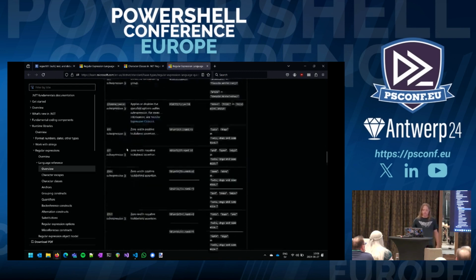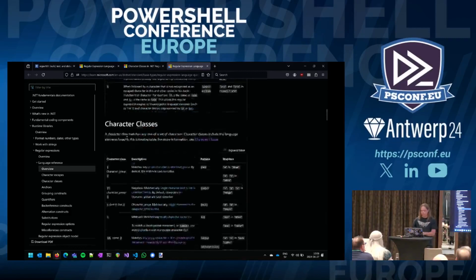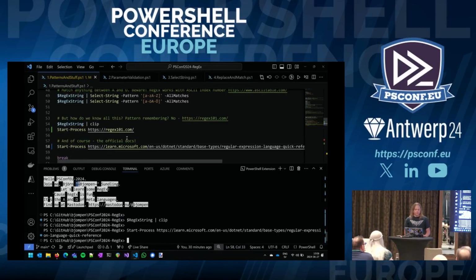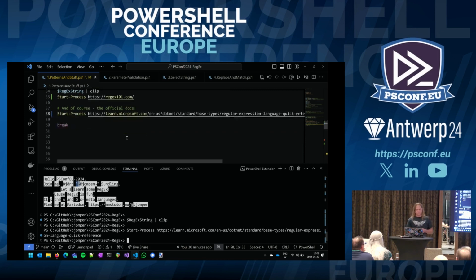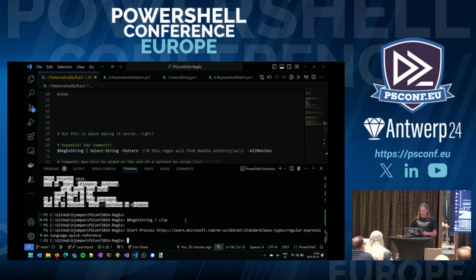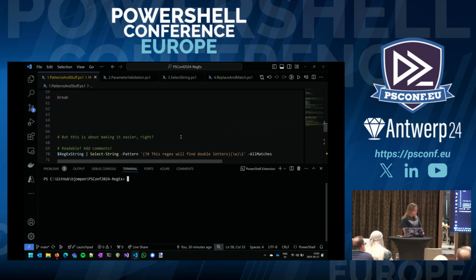They actually have a lot of good documentation on how it works, and it's searchable and so on and so forth. So instead of trying to remember everything, you just use the tools available. Cheat. We all love to cheat. And most commonly, we actually do have access to the internet. But again, this is about making it readable.